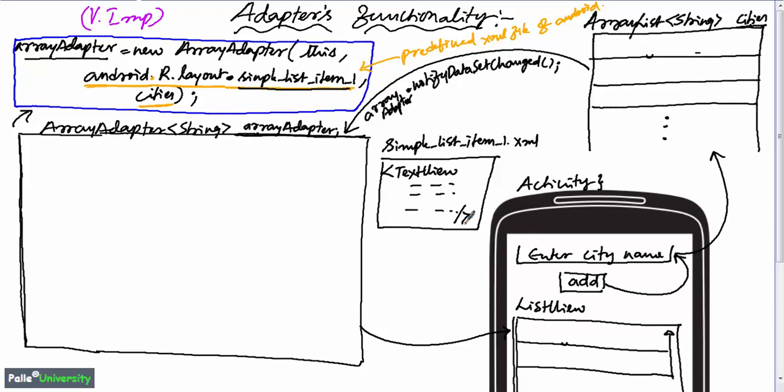Imagine that the user has entered a city name in the EditText box, and the user clicks the button. The programmer will read this city name, let us say Bangalore, and push it into the ArrayList. Now currently your ArrayList contains Bangalore. Somehow that Bangalore should be pushed as the first element of the list view here.